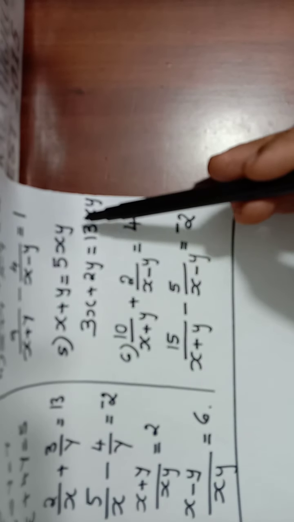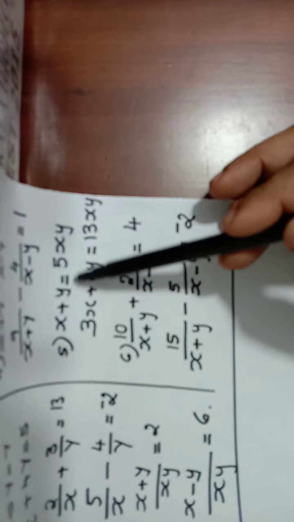Now comes question number 4. 3 by x plus y plus 2 by x minus y is equal to 2. So it is of the form let 1 by x plus y is equal to u, 1 by x minus y is equal to v. Look at that, 1 by x plus y in both the equation it is there. 1 by x minus y in both equation. Here in this case it's very simple. xy comes. So what to do? Throughout xy we have to divide. Then it will be in the form. Now here 10 into 1 by x plus y, 2 into 1 by x minus y. This question. So these are the questions.